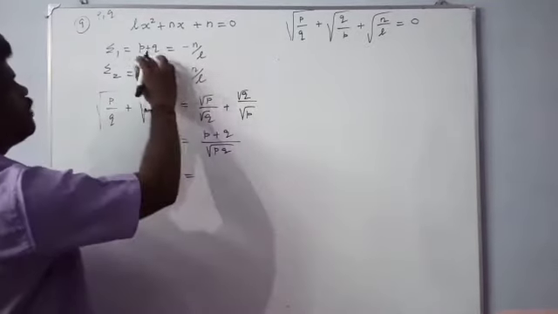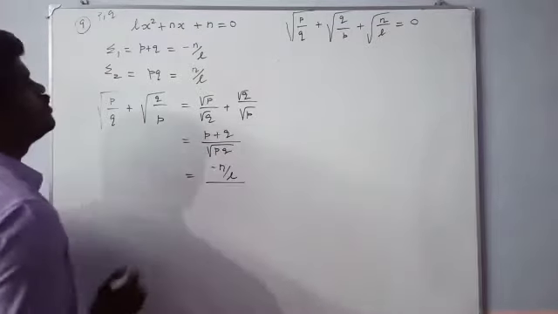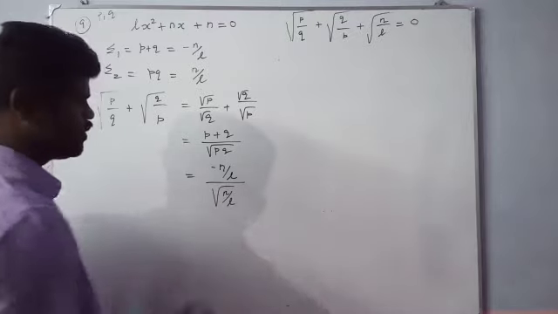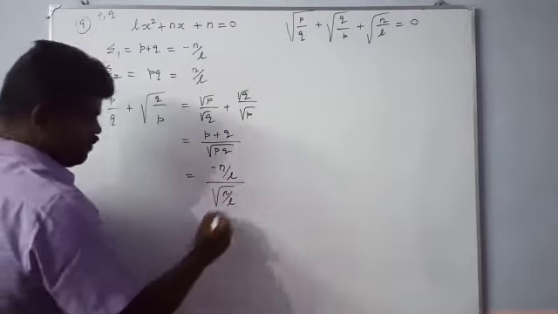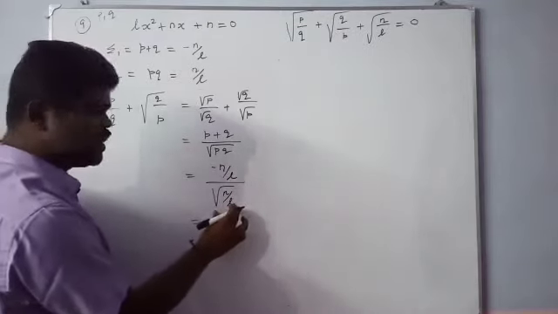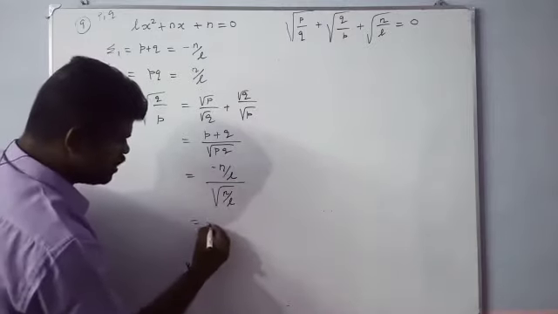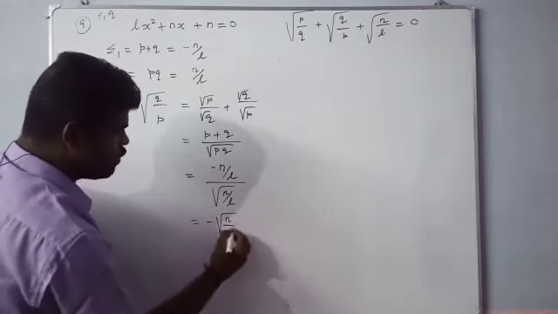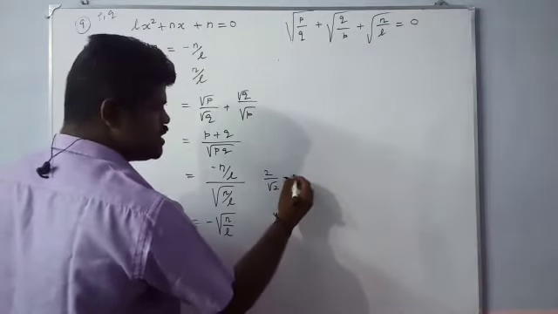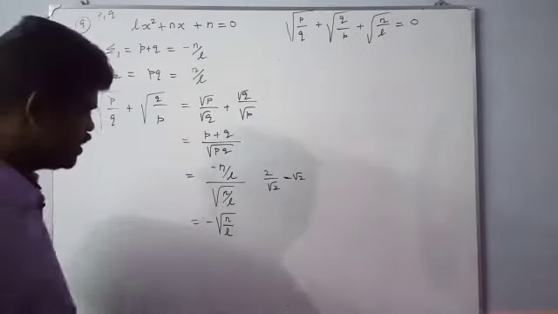Now what is the value of P plus Q? Minus N by L, divided by what is the value of root of PQ? Root of N by L. So now the answer is, the numerator the normal term, and the denominator is the same root term. So the answer must be minus root of N by L. Already you know that 2 by root 2, the answer is equal to root 2. So same like this. Okay, right.